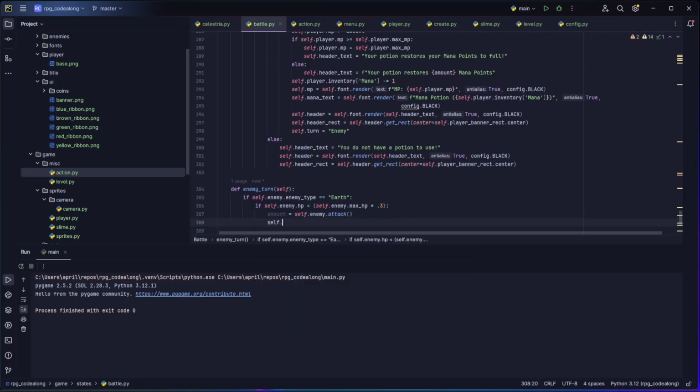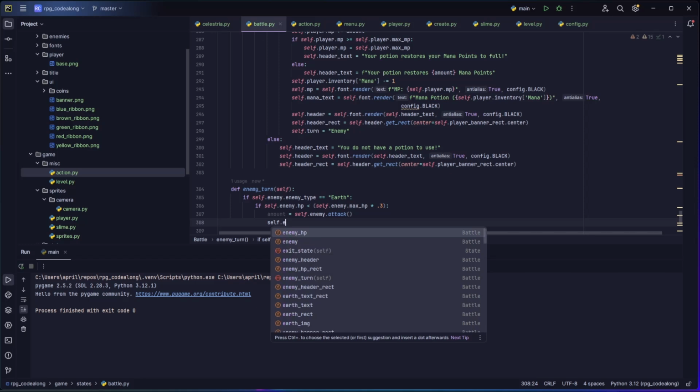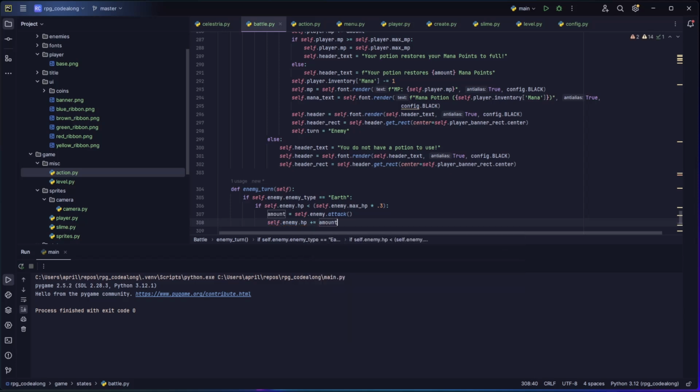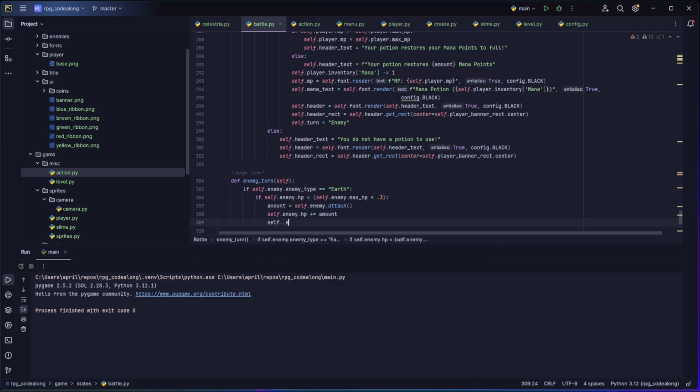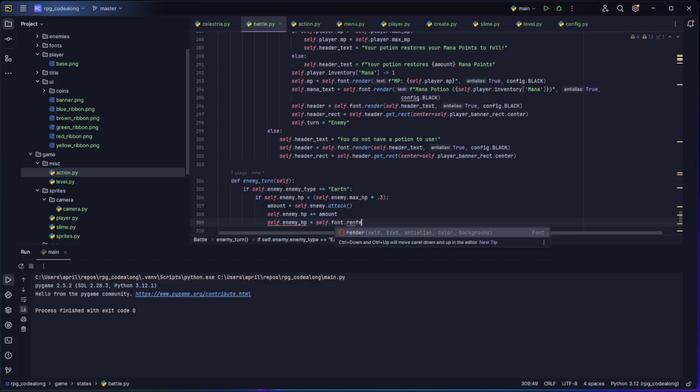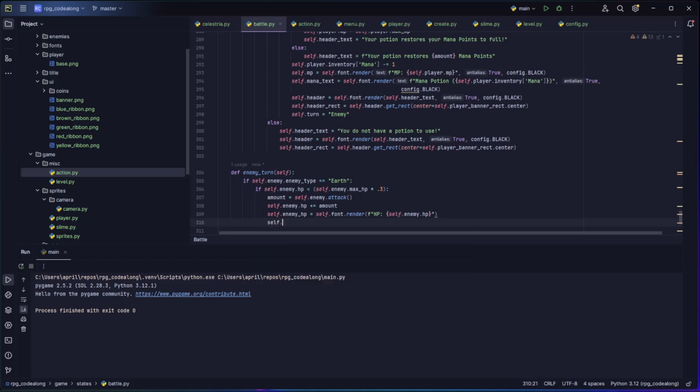Then we'll do self.enemy.hp plus equals amount. Then self.enemy.hp is equal to self.font.render, an f string, self.enemy.hp, and then